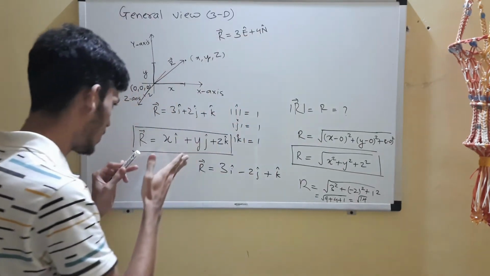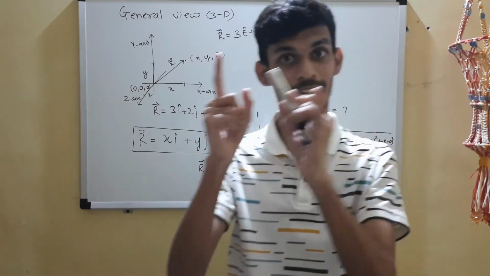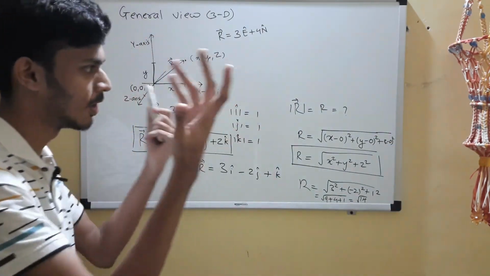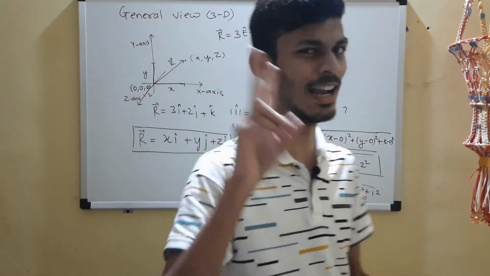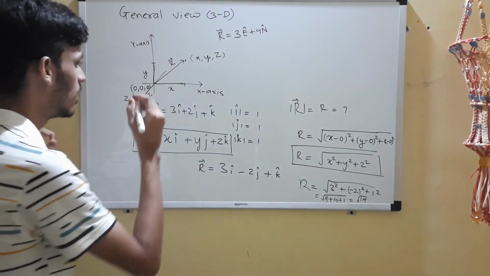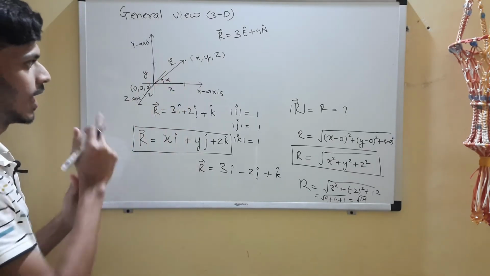So this is how you represent a vector in component form, and this is the formula for its magnitude. Okay, what about the direction, sir? Right, we are speaking of vectors, so magnitude and direction. Mostly you will be asked about its direction from the x-axis, alpha, that angle.